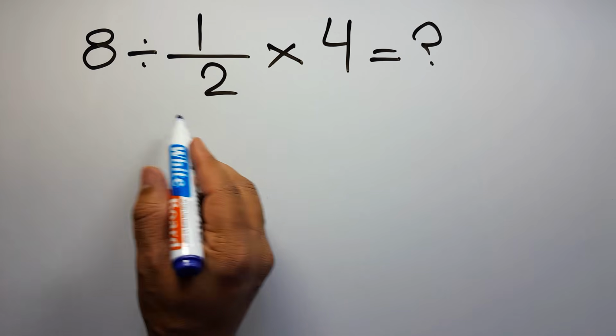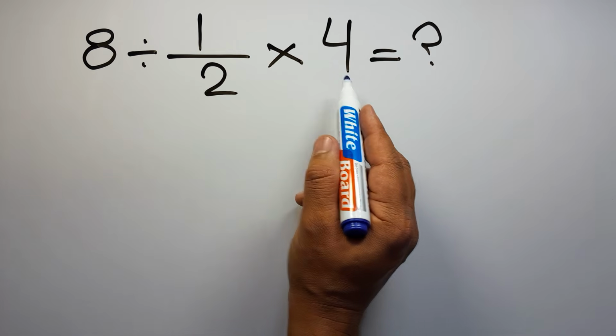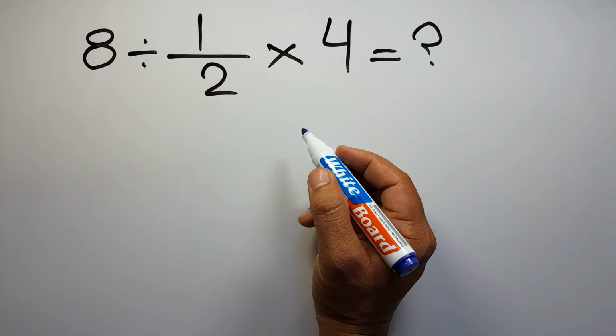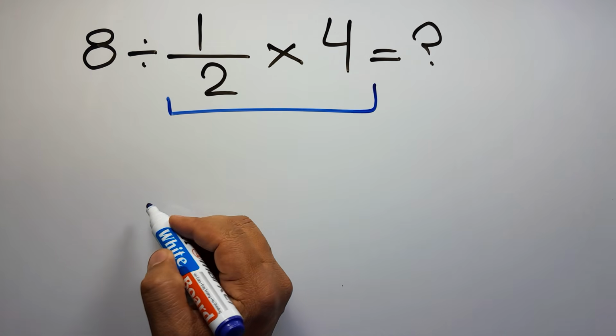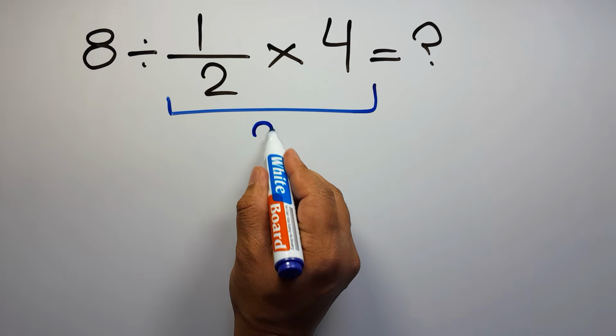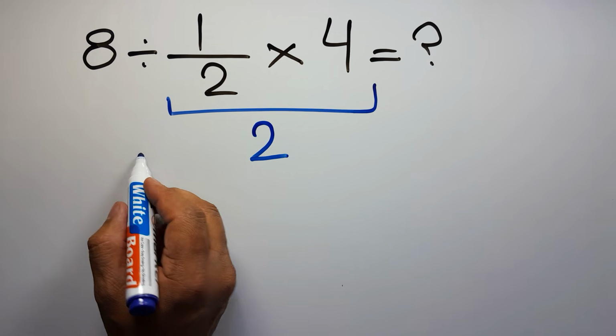In this video we want to find the value of this expression: 8 divided by 1 over 2 times 4. Are you ready to solve? Let's go ahead and get started. 1 over 2 times 4 is the same as 4 divided by 2, which equals 2. So we have 8 divided by 2,